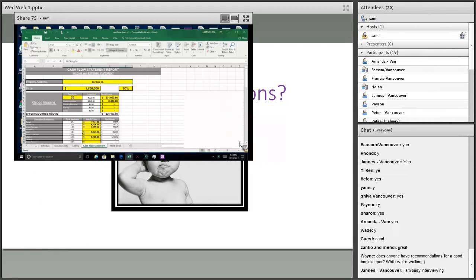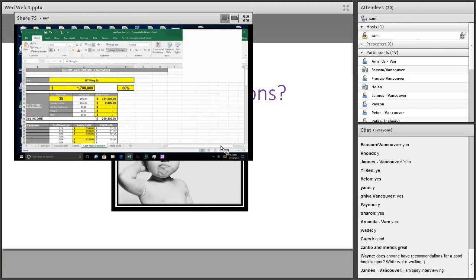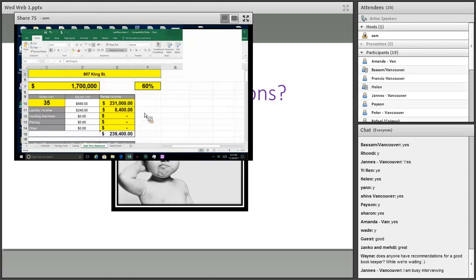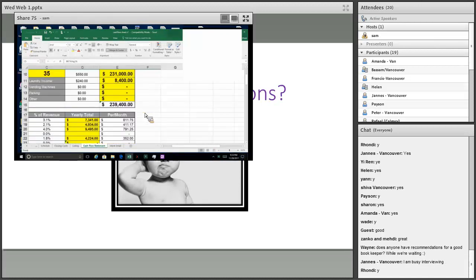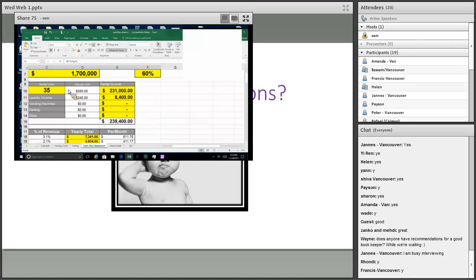Okay, so the black box that you see right now, that I can't get rid of. My apologies. That's so I can actually hear your questions. That's going to be in the top corner. I'm going to make this a little bit bigger for us. Okay, is that big enough? Is that good? Can everybody see that? Everybody good? Okay.